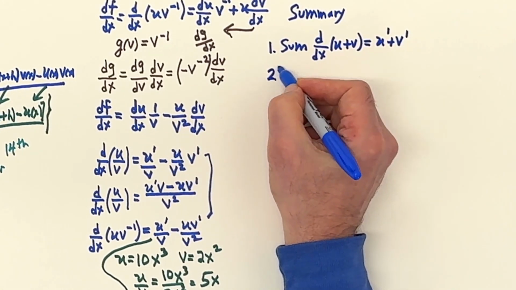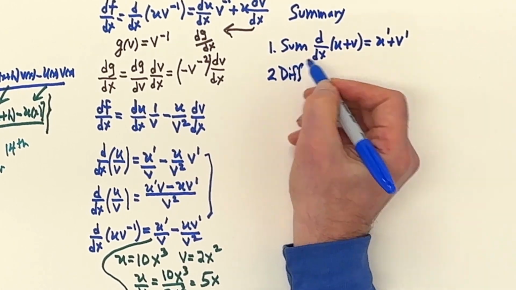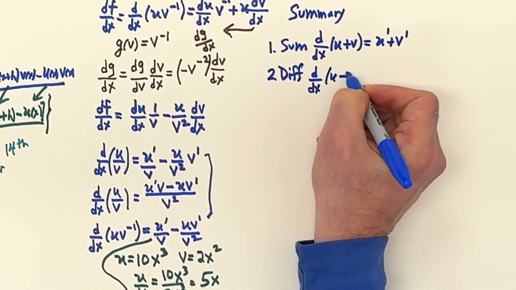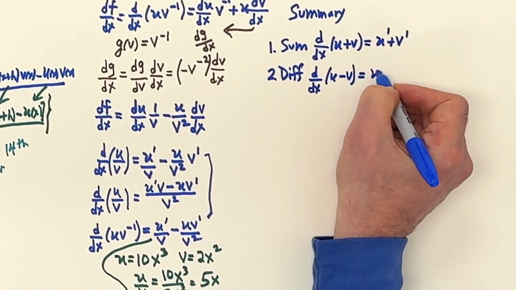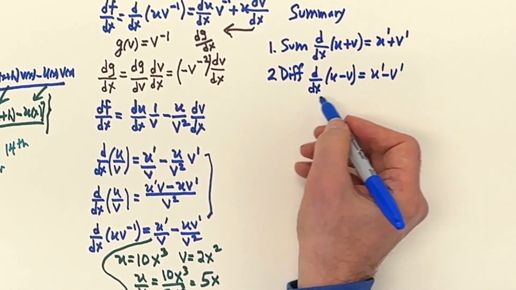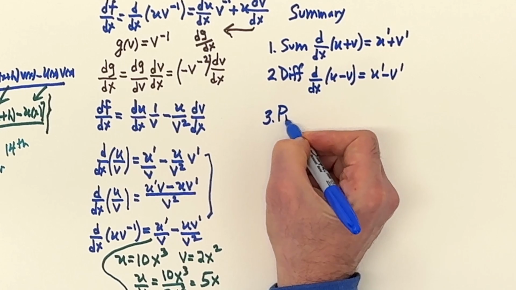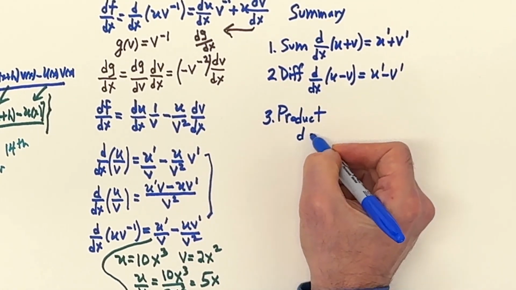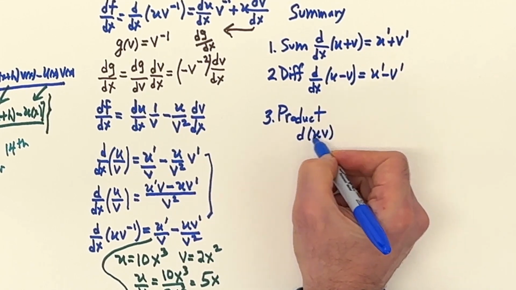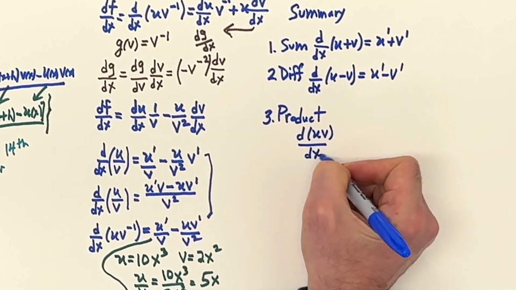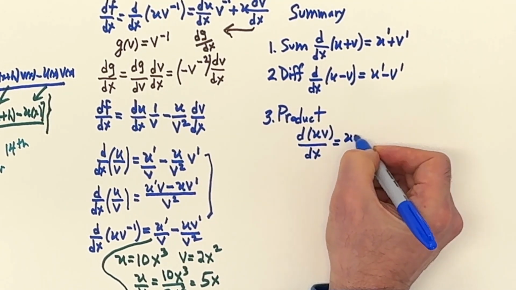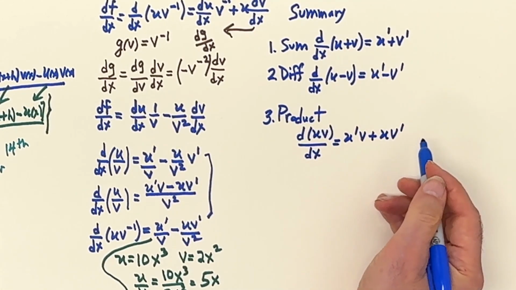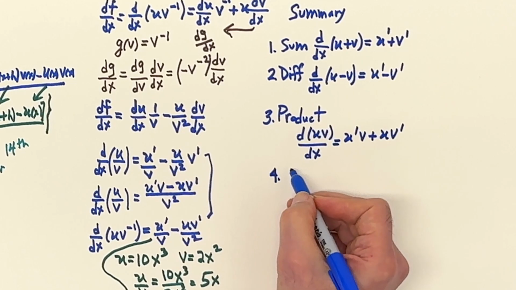And then if we look at the difference, you would have d dx of u minus v, and that would be simply u prime minus v prime. And then we have the product rule, which would be d of the combination uv dx, and that would be take the derivative of the first times the second, plus the first times the derivative of the second. And then we have the quotient rule,